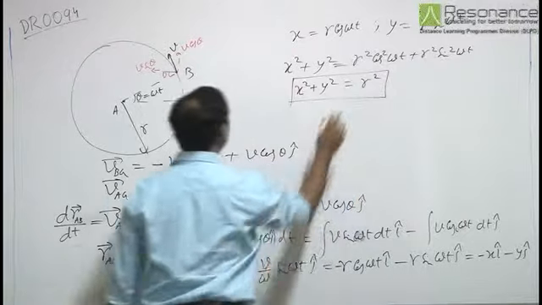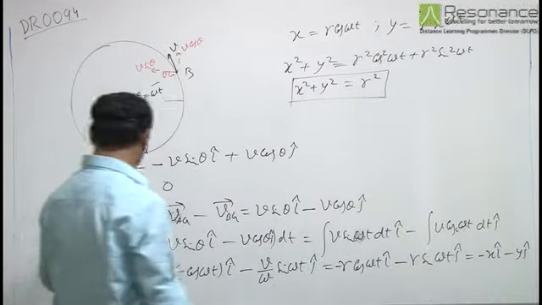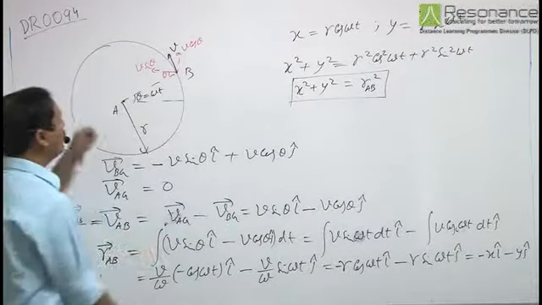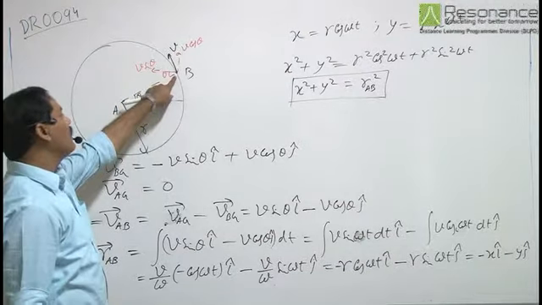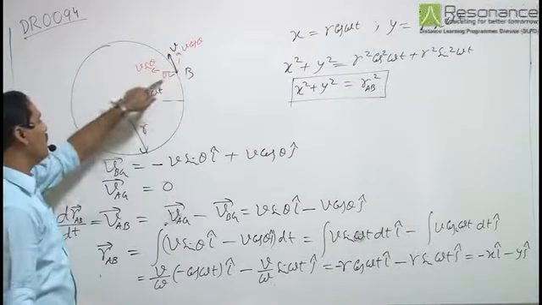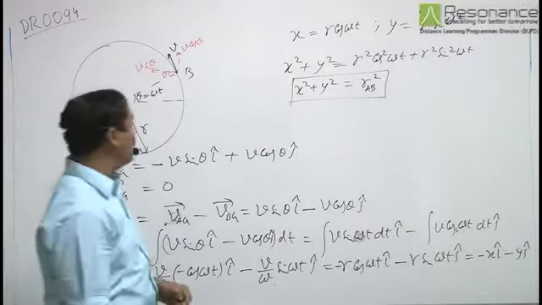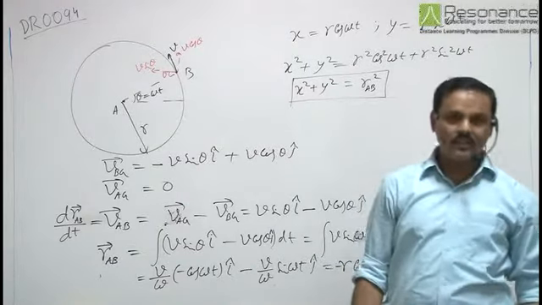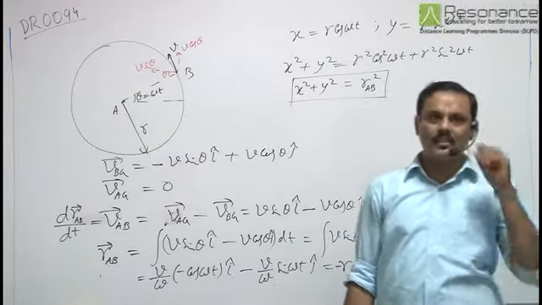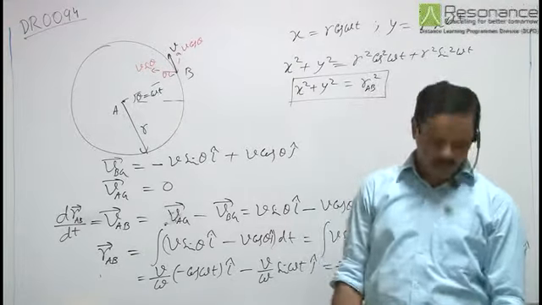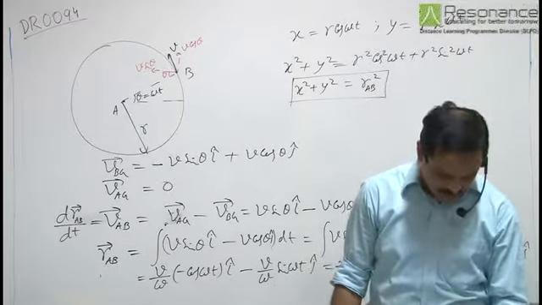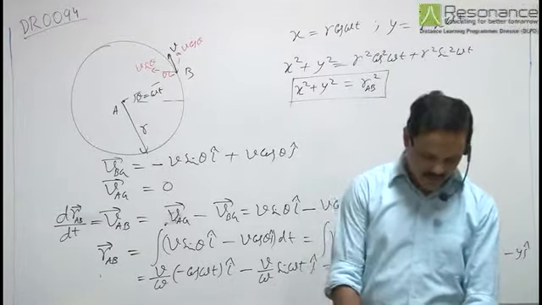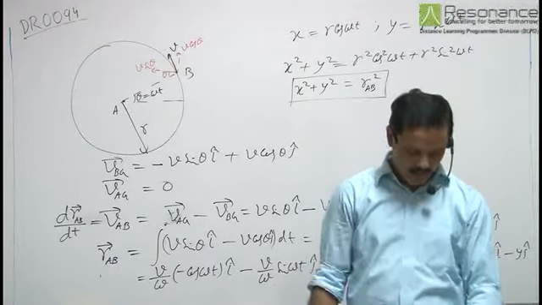This indicates that the position of A with respect to B follows the equation of a circle, which indicates that the trajectory of A with respect to B is circular. It is similar to how we observe Earth rotating around Sun, but from Earth we observe Sun to rotate about Earth. So the correct answer in this particular question is C, that the particle A will appear to move in a circle if seen from B.